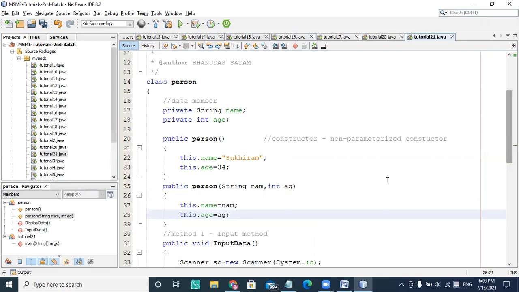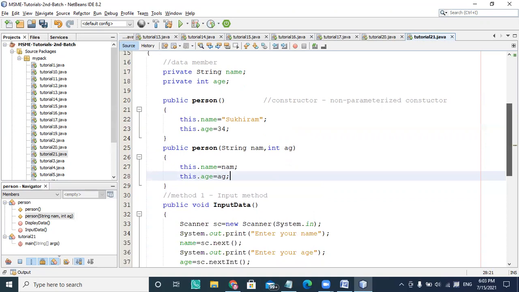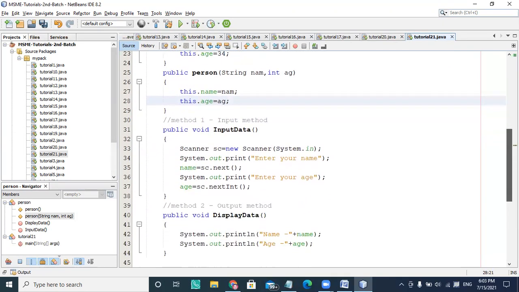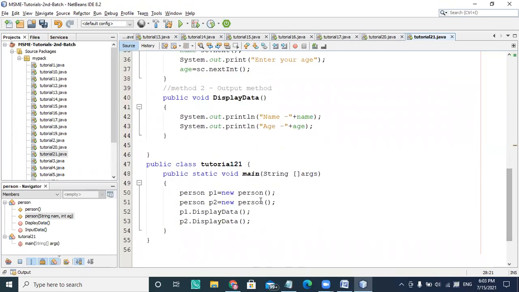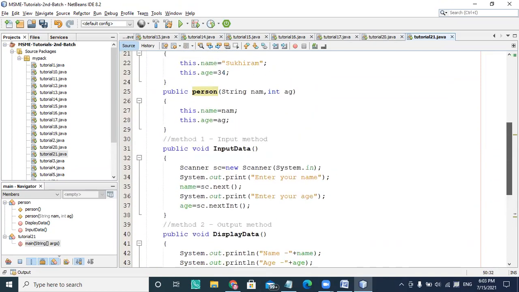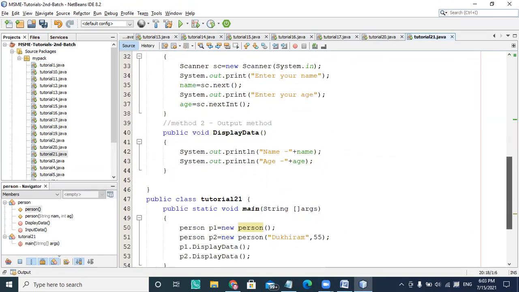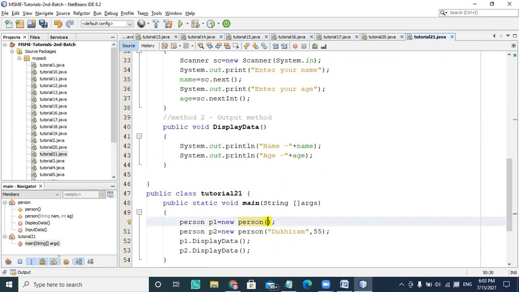Suppose I don't want to initialize by a fixed value. I want to initialize my object by providing some values. So if I write Dukhiram here, and the age is 55, what will happen? The first object is initialized with the signature that matches without parameters.